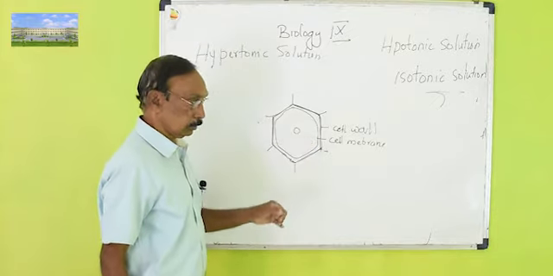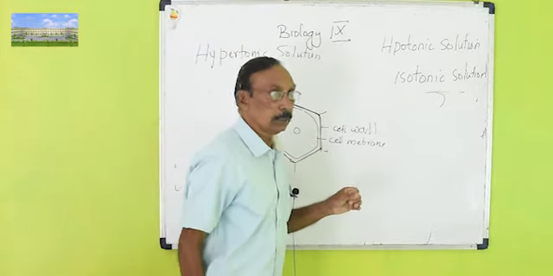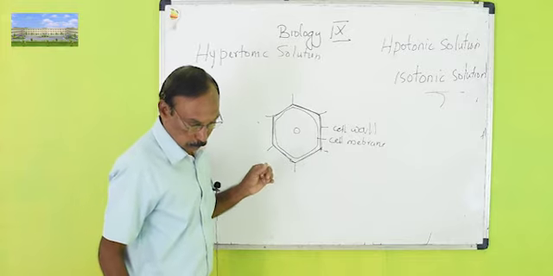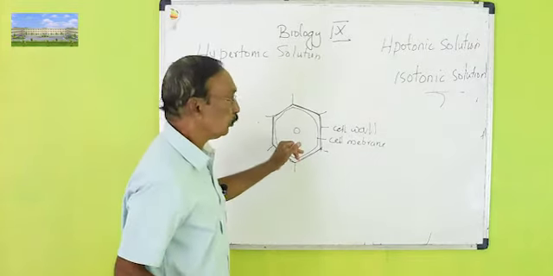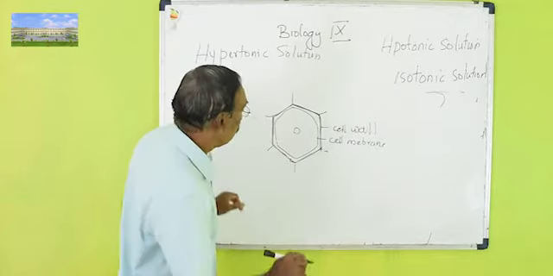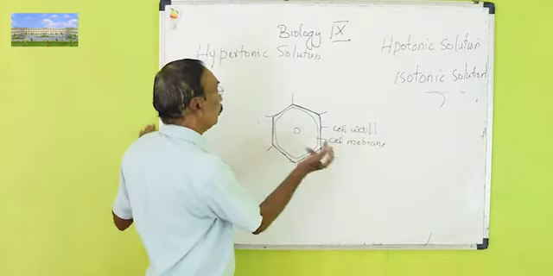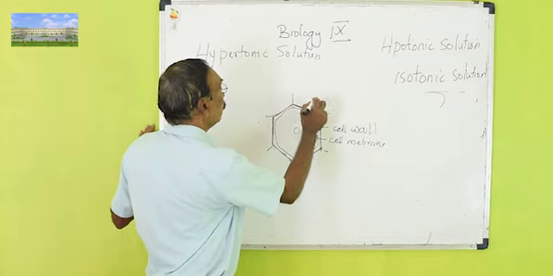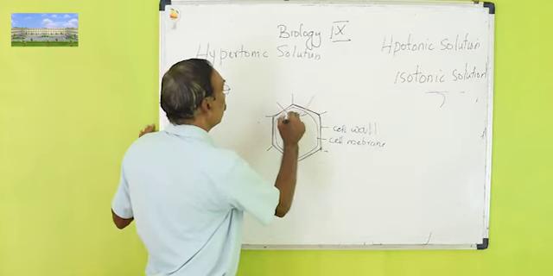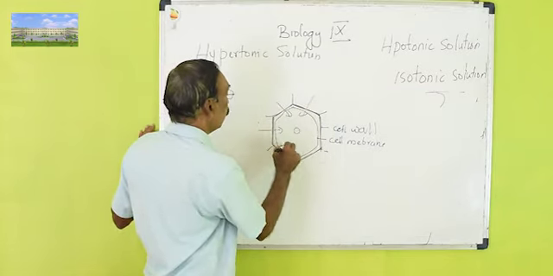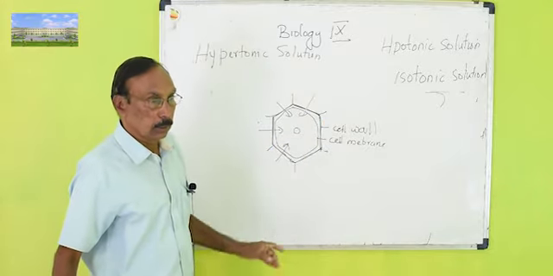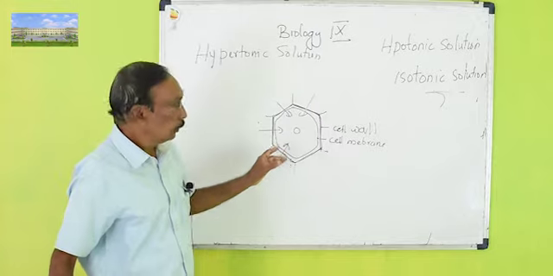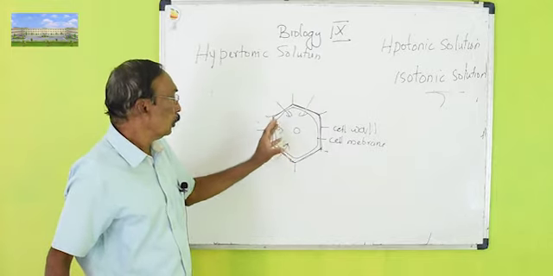So this cell wall, what is the advantage of the cell wall? Not only in plants, it is also there in fungi and some other organisms. You can see when water enters the cell, the cell will swell up. I already told you, if the cell is kept in a hypotonic solution, the cell will swell up.